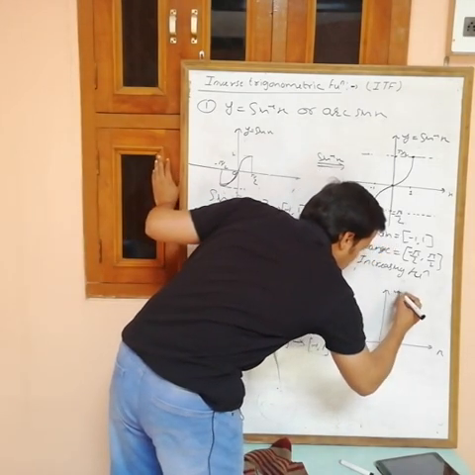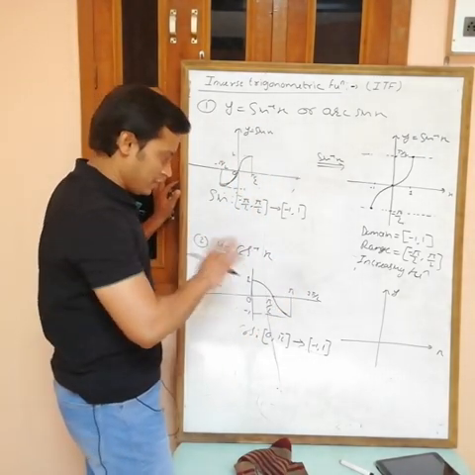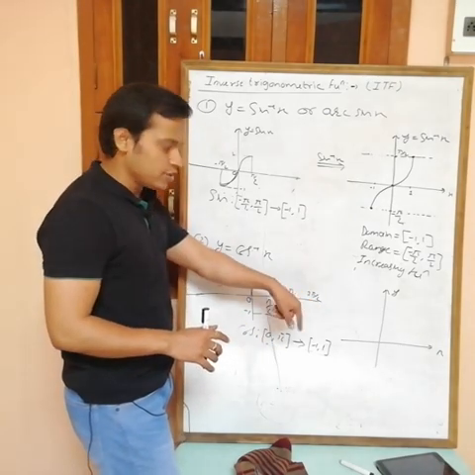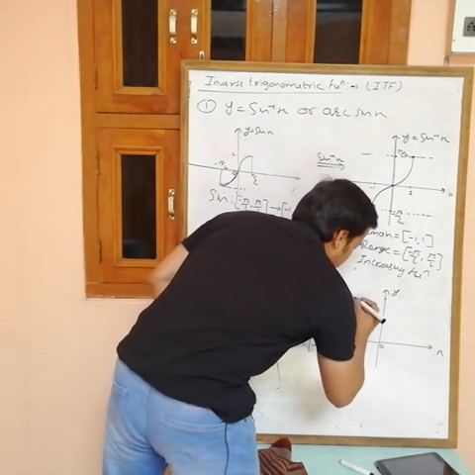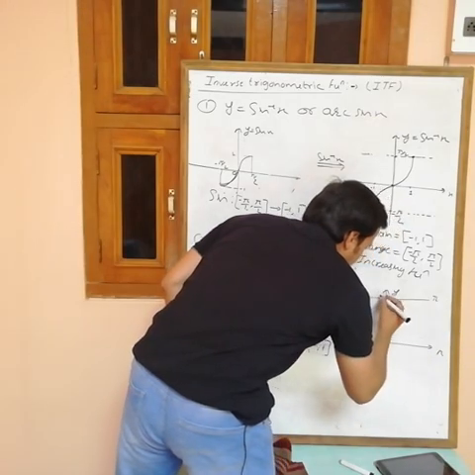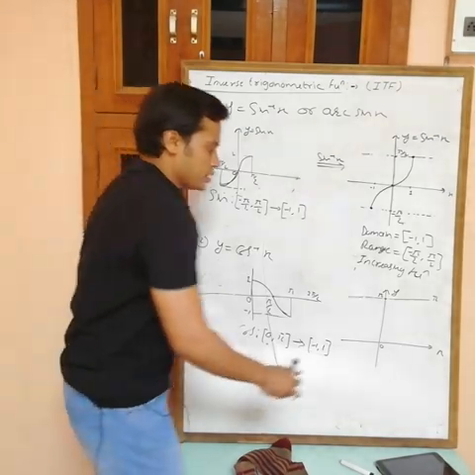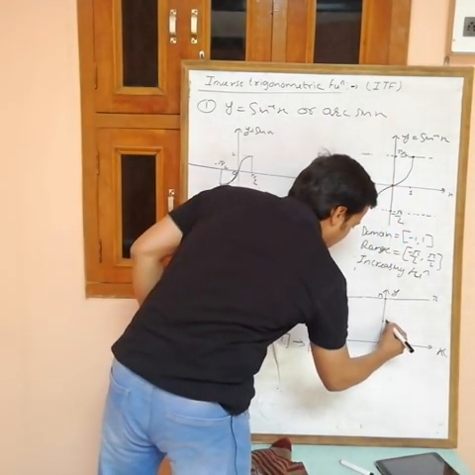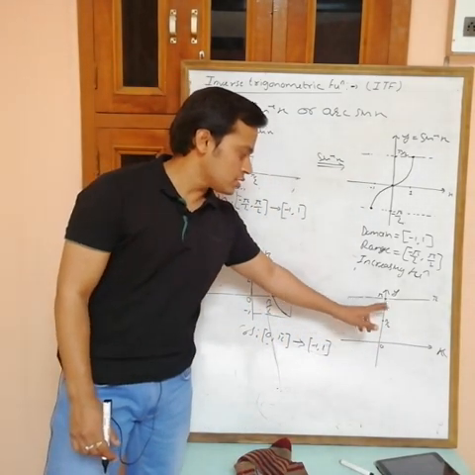x axis, y axis. And what I have to do is just draw a line. The range of cos inverse is 0 to pi, so 0 and pi, suppose this is the line of pi. It means the graph lies between 0 and pi. Because of that reason I am drawing a line. This is the x axis. Now between 0 and pi, what do we have? Pi by 2.